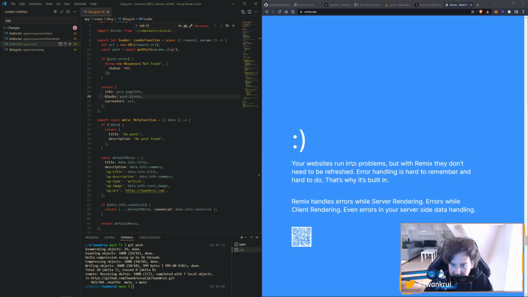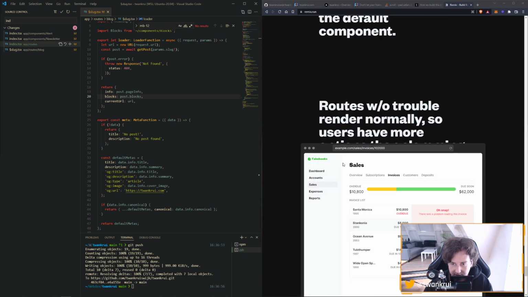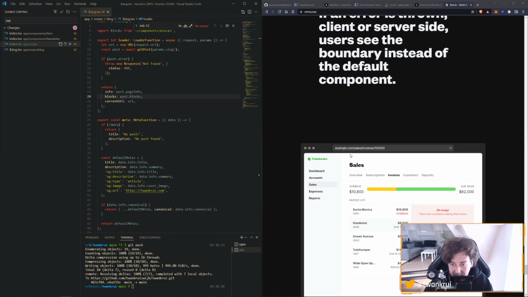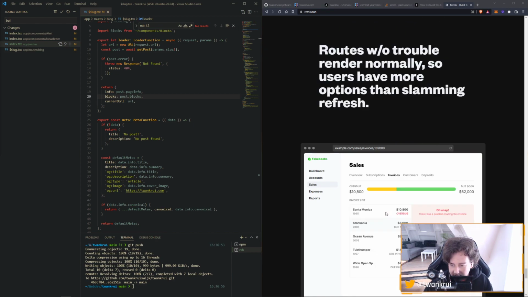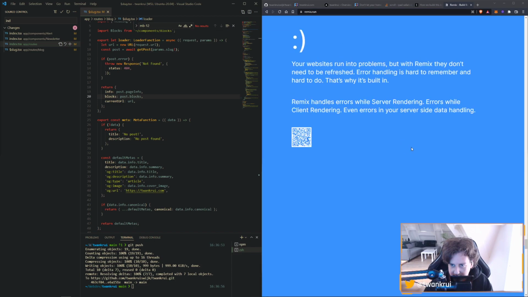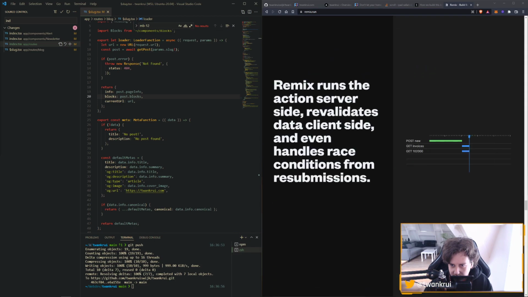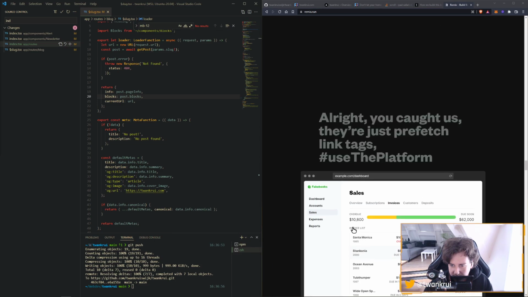I can definitely see myself using Remix for what they use it for here, like dashboards, because it works. Next.js works with pages, whereas Remix works with outlets. As you can see here, this might not be the best. We are now in error boundaries. But if you go a little bit to the top,